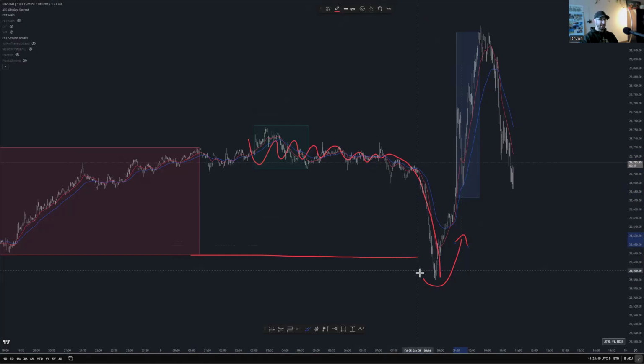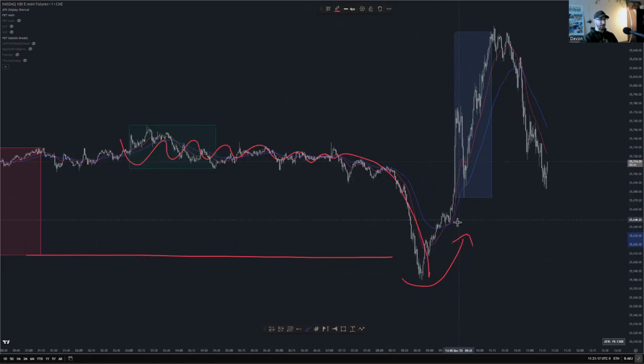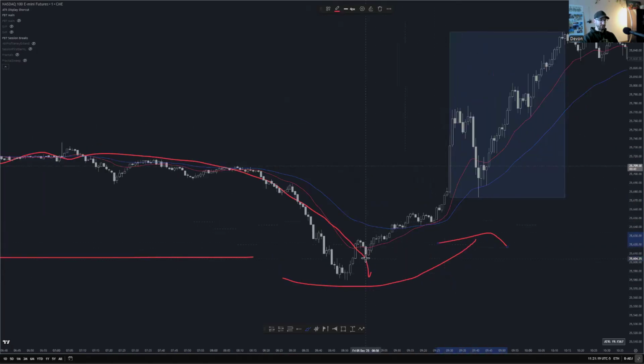Price reverses and then heads up very quickly with high momentum. The lows are just getting held, they're just holding all the way up. New York opens, we have a massive push to the upside. What do we look for? Well, we look for price to take out a certain high or low before reversing.